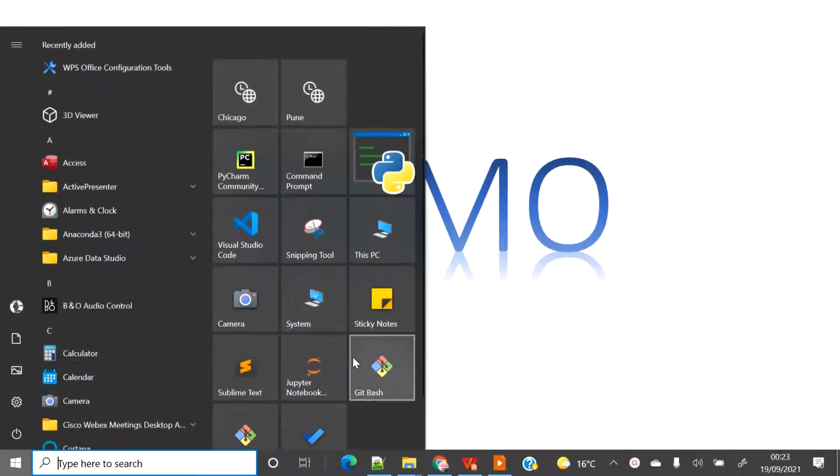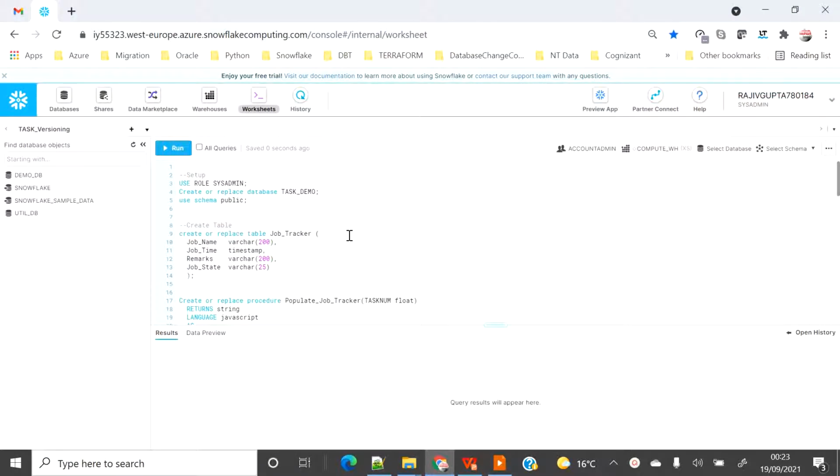Let's start with the demo. So today in this demo, we are going to see how the versioning gets created the moment you start your task or the moment you execute your task. And during that execution, if the parent task or the child task are running, you will not be able to modify the SQL statement or the execution statement structure or body or any text inside it while it is running.